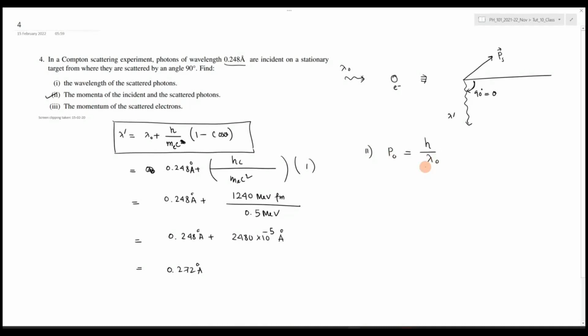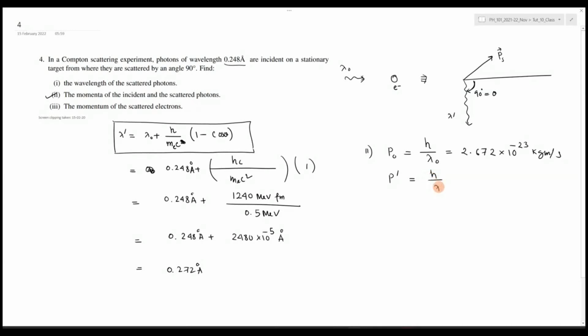You can find this. It will come out. You will substitute this lambda 0 from here, 0.248, and it will come out to be equal to 2.672 × 10^-23 kg m/s. You can also find the final momentum of the photon, P prime. It will come out to be equal to